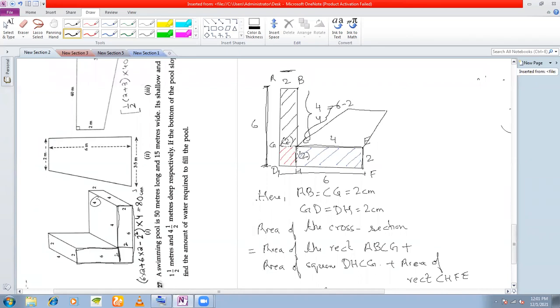So if this looks like a sofa, isn't it? This looks like a sofa, right? And this is the seat of the sofa, right? This is the part where you lean, isn't it? Yes, sir. The cross section of this sofa is in the form of an L, right? Whose area we have already found out, right?